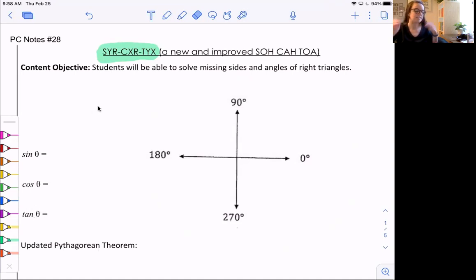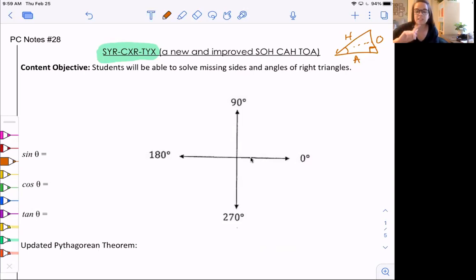tangent. You might remember that if this is my angle, then I go across, this is my opposite. This is my right angle, I go across from that, that's my hypotenuse, and the leftover one is my adjacent. Do we remember this? Yes. All right, so we're gonna use this same process, but we're gonna use it on a